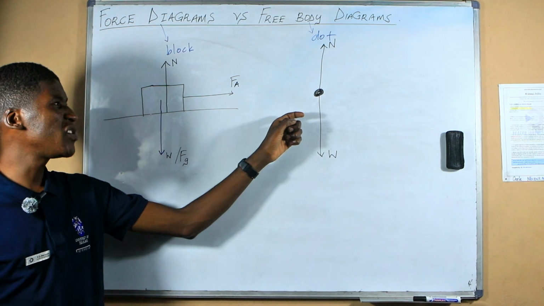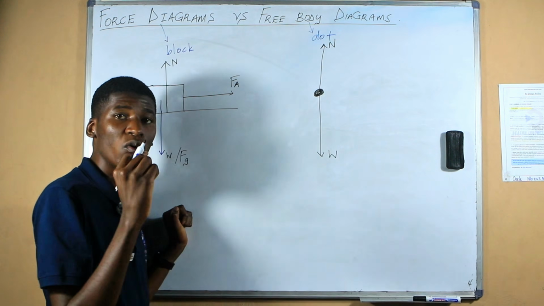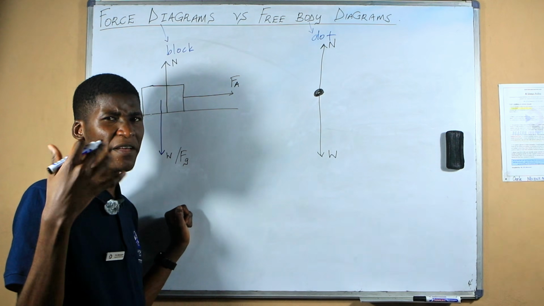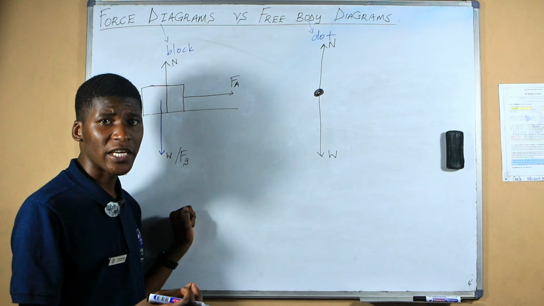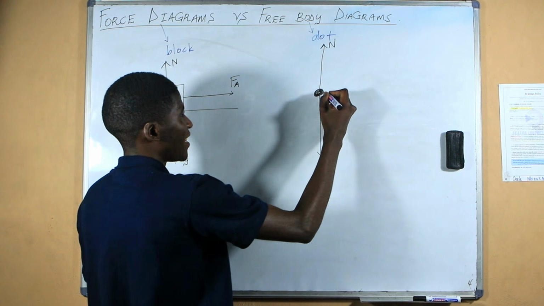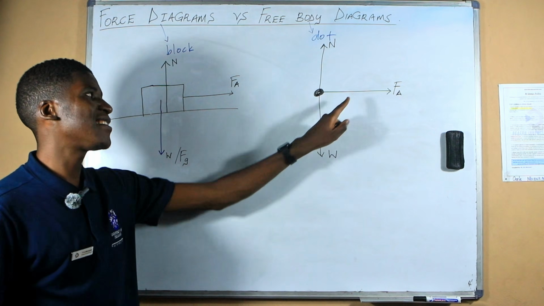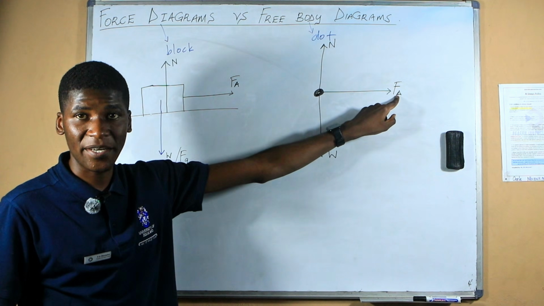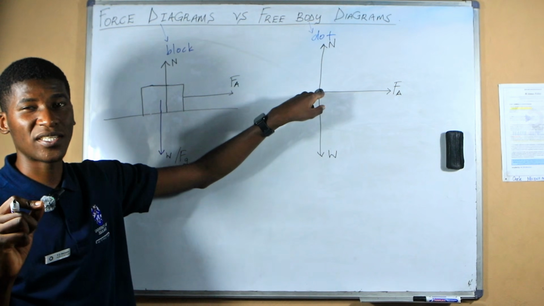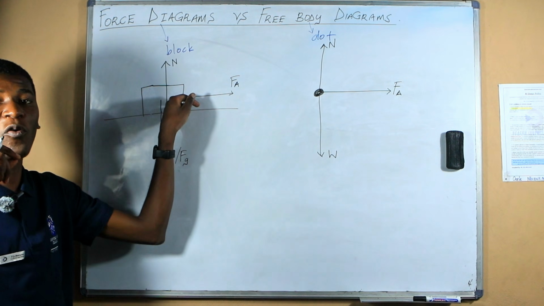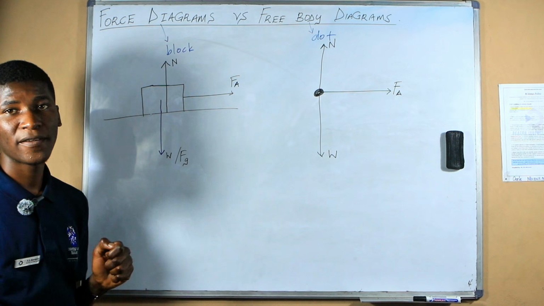All right. But on a free body diagram, I'm just going to start my force right at the dot. All the forces have tails, because they are vector quantities. They've got a head and a tail. So the tail of the arrow representing that force always starts at the dot. So here is my force. This is my force applied. You can see that this is an arrow representing the force applied, because it's a vector quantity, and the tail of that arrow starts right at the dot. But when you compare it to a force diagram, the arrow starts here at the block. So this is a pulling force.